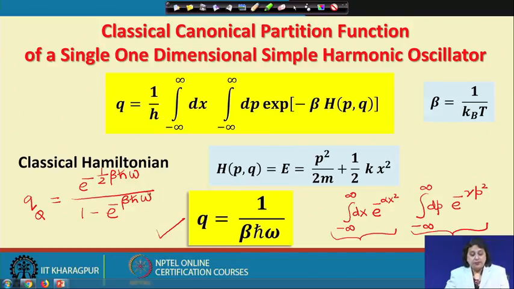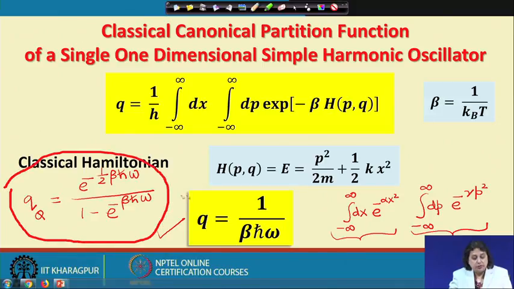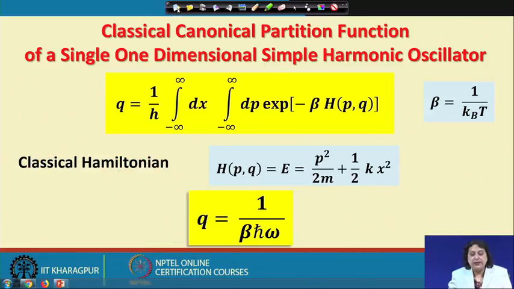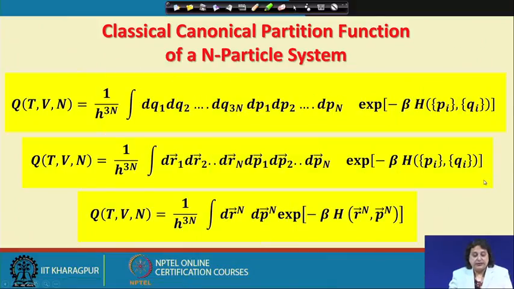So, the requirement is that in the limit where quantum effects can be neglected, this expression must go over to this expression, and I leave it as an exercise to you to show that in a limiting value of beta, this expression indeed goes to the classical expression. So, that tells me that yes, what I am doing is not wrong, it is certainly a feasible exercise,